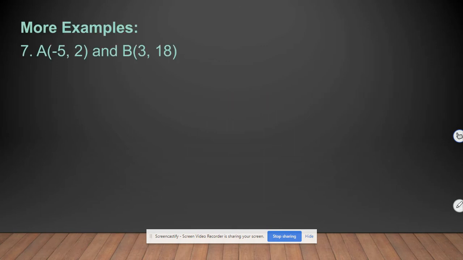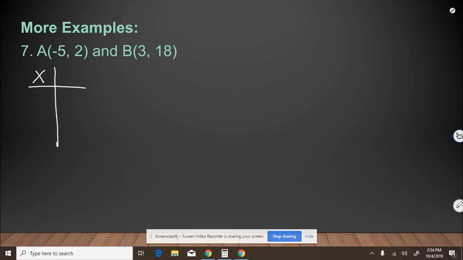Okay, so now we're going to look at some examples where the y-intercept is not given. So we have to do a little bit more work. Starting with 7, we have a is -5, 2. So we start our table x, y. The -5 is the x, the 2 is the y. And then for b, 3, 18. The 3 is the x, the 18 is the y. So we do 2 to 18, which is increasing by 16, and -5 to 3, which is increasing by 8. 16 over 8 gives us the slope,